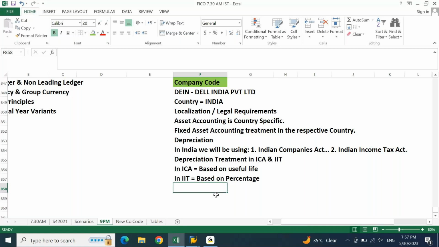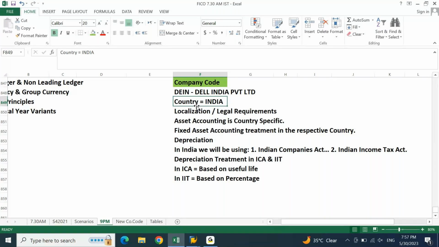Because when you're talking about asset accounting, the first thing we need to keep in mind is the country for which you're talking about asset accounting. We ignore the country and try to generalize asset accounting, which is not reality. In reality, asset accounting is not generalized. It is purely country specific. You have to be very clear in your resume, in your projects, which country client you are mentioning and for which country you have used asset accounting.